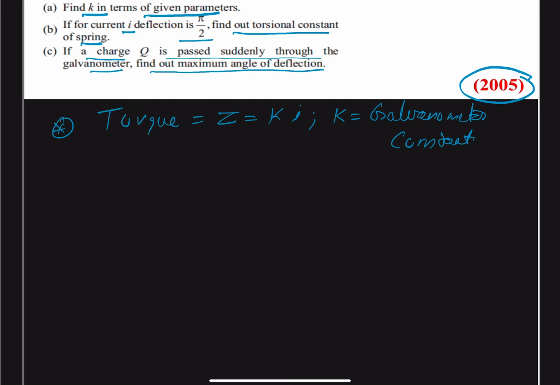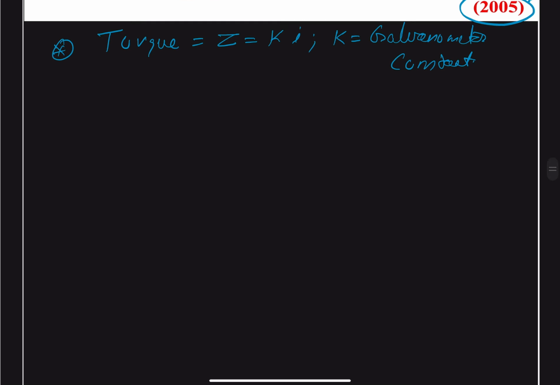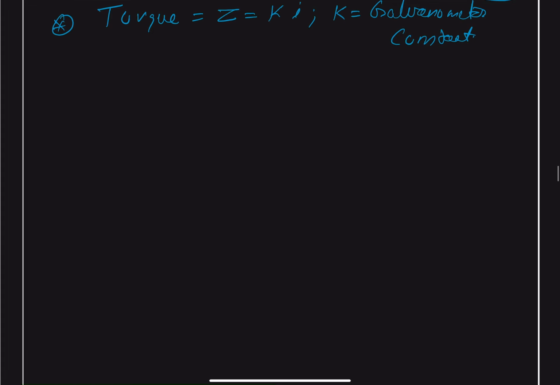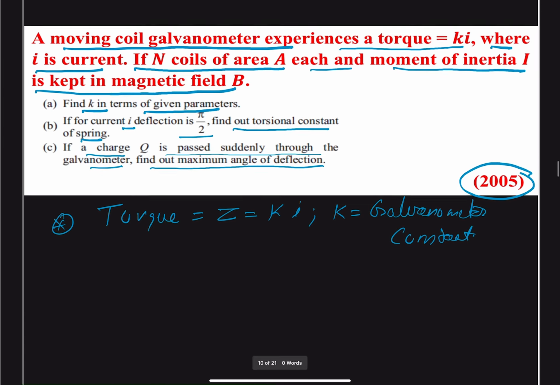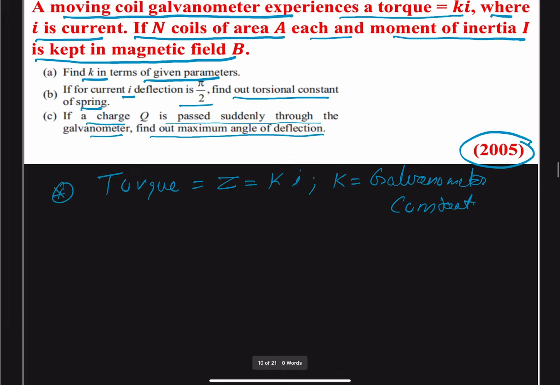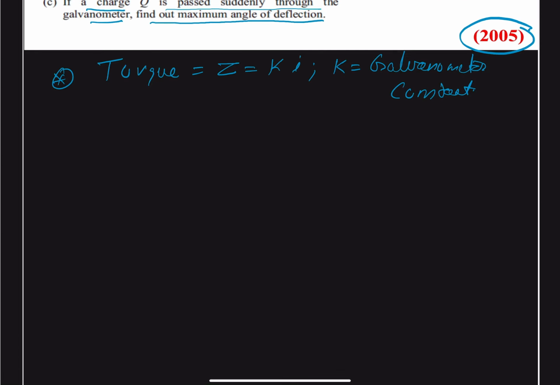And if current I is flowing through a coil which is having n number of turns, we can find out what will be the torque due to the magnetic field then. So this was the torque for galvanometer. So let us call this as tau g,